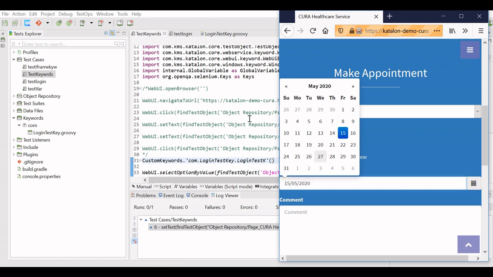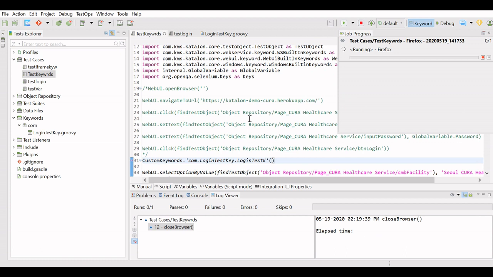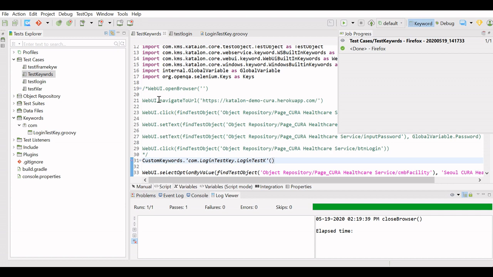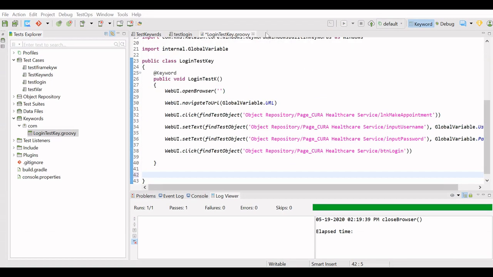Our code is executing. Our test is passed. Now let's learn about the keywords having parameterization.